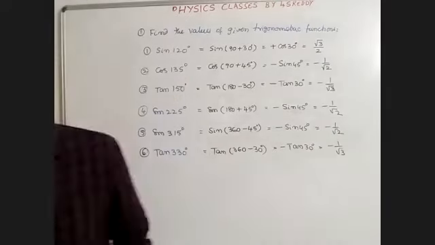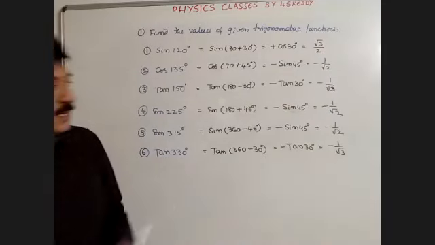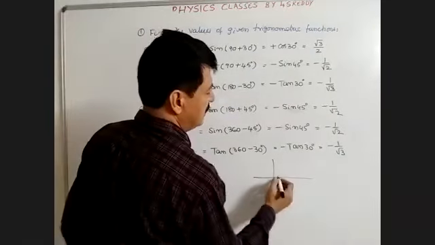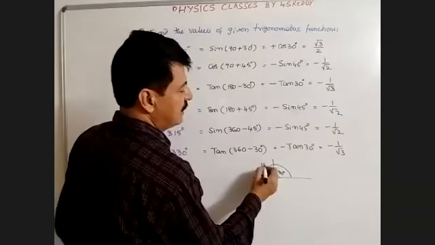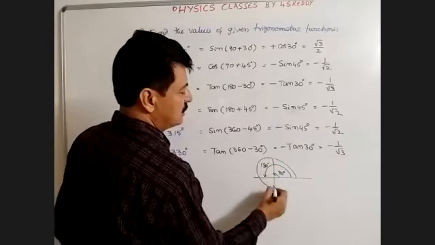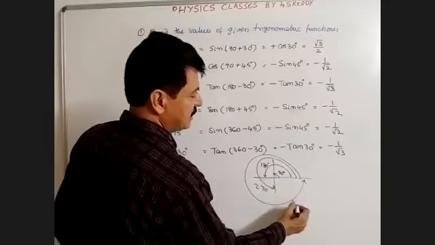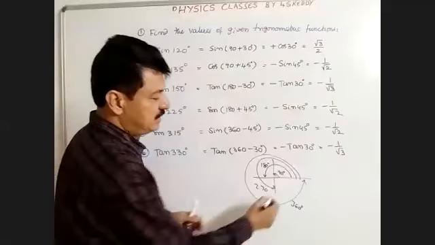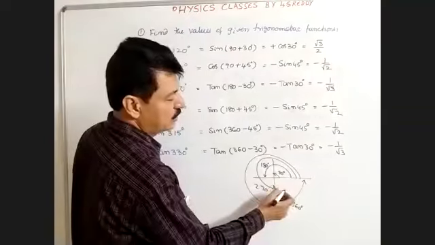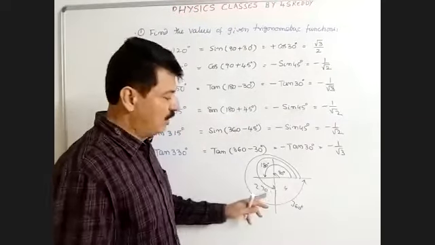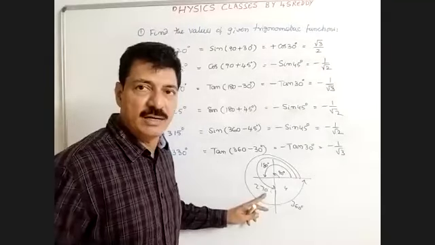Generally, if it is an acute angle, I already told you. Suppose you consider this is 90, here this becomes 180, this is 270, and 360. Suppose 270 plus theta means it enters into the fourth quadrant. More than 270 is the fourth quadrant. Less than 270 and greater than 180 is the third quadrant. Clear?